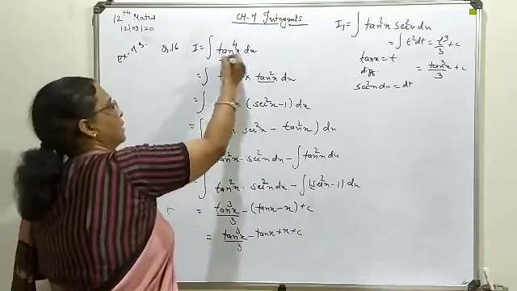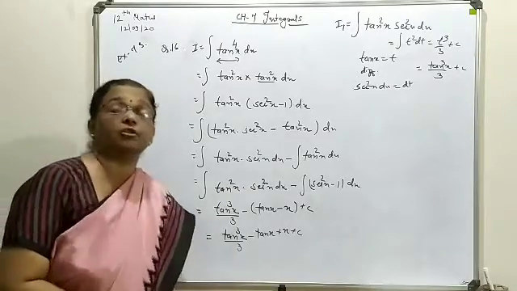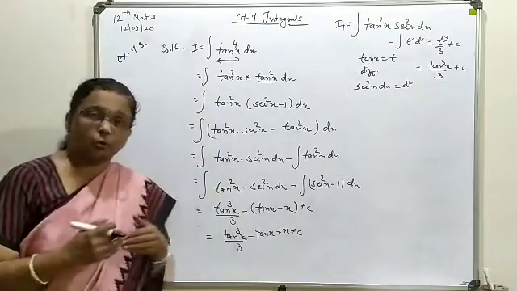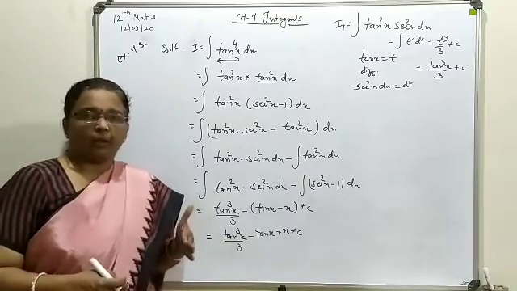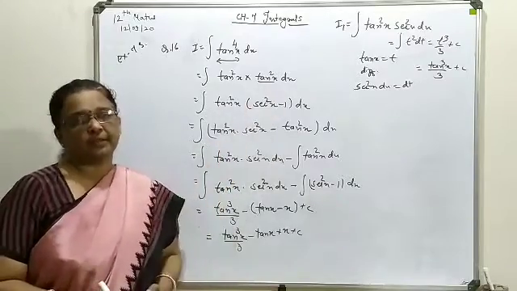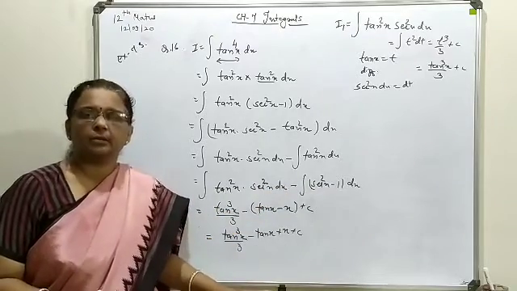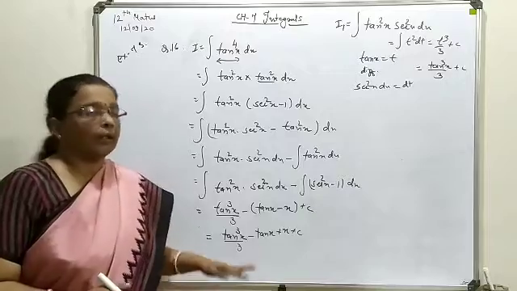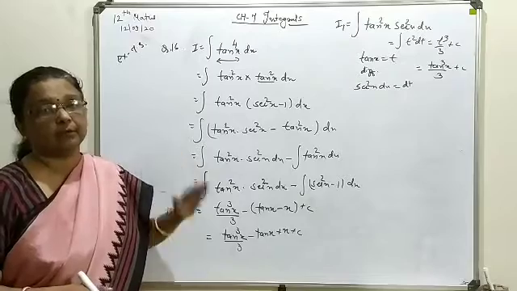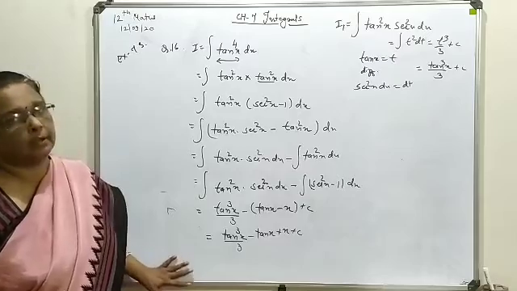So this way, if you are having a single term, it is to be handled with the splitting of the term. The same combination may be available to you with tan 6x. At that time also, make one tan square separate. The remaining tan 4 you will handle as a tan square. Again this tan square you will split as sec square minus 1, and almost the same process you will follow; 2 extra terms will be in between. Now the same question may be available with cot also. So on making them split, convert in the form of cosec square and handle the situation. That's why this question is an important one.